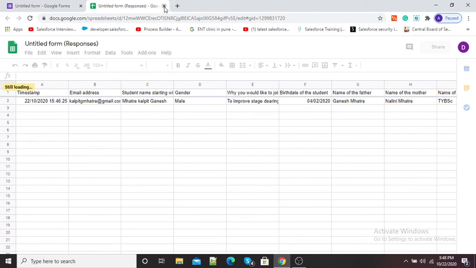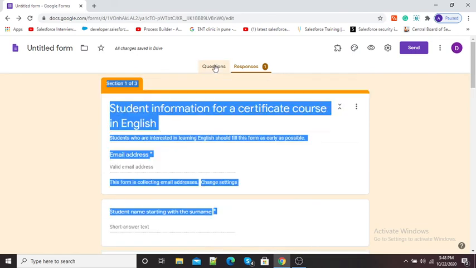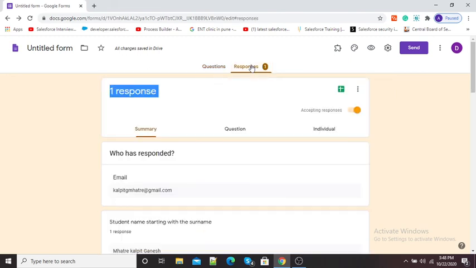So this is how you can use Google Forms for getting data or for the purpose of a survey or any other purpose. Now again, if you want to edit your Google Form, you can go to questions and you can edit the form as per your requirements.